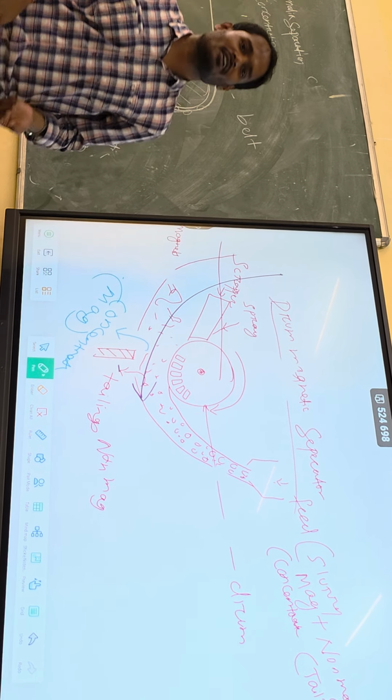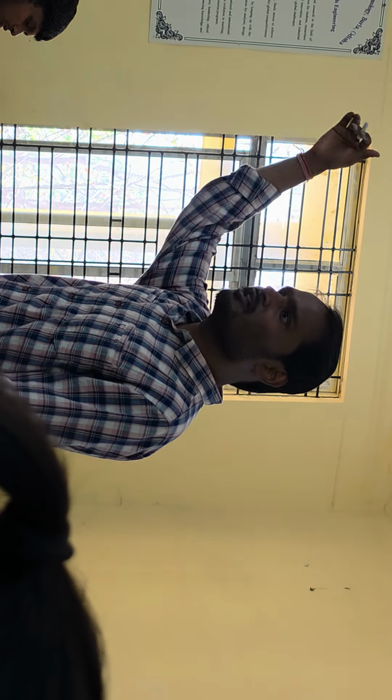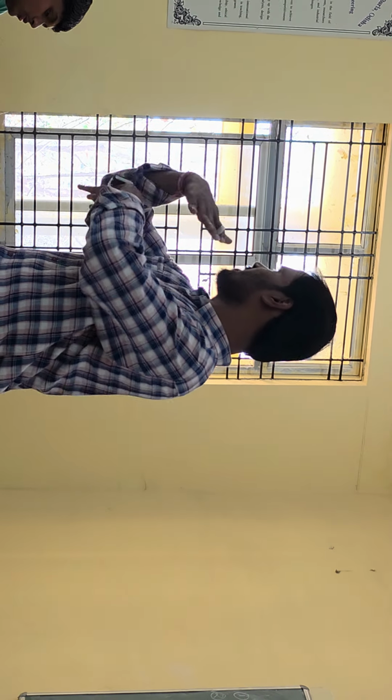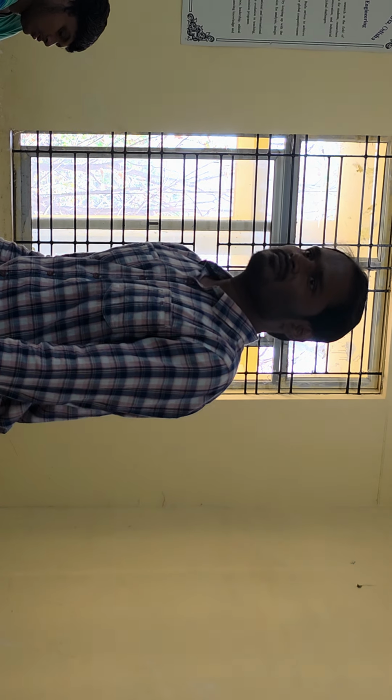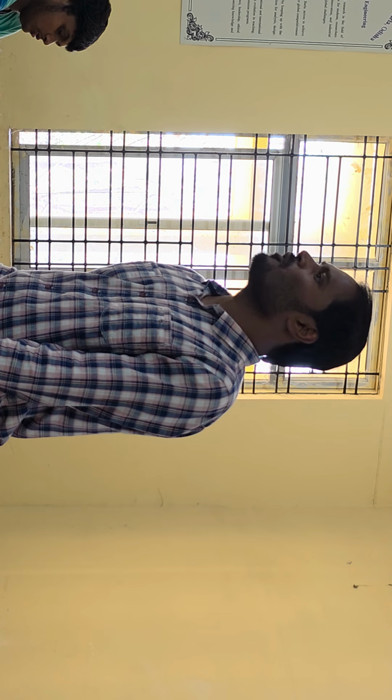So it becomes countercurrent. That can also be done. You can do co-current magnetic separation, you can do countercurrent. You can write this also: if the drum rotation direction and the flow of mineral direction are the same, then it is co-current. But if the drum rotation direction and the flow of mineral direction are just opposite, it is countercurrent. And co-current means like this, same direction. Okay, so this is all about your magnetic separation.